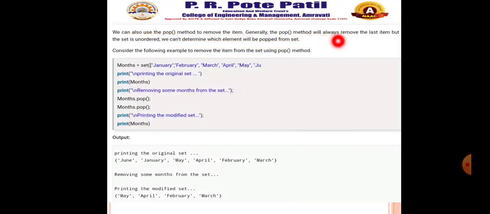Generally the pop method will always remove the last item, but the set is unordered, so we cannot determine which element will be popped from the set. It is generally unordered, so that's why it cannot be judged which element is removed.